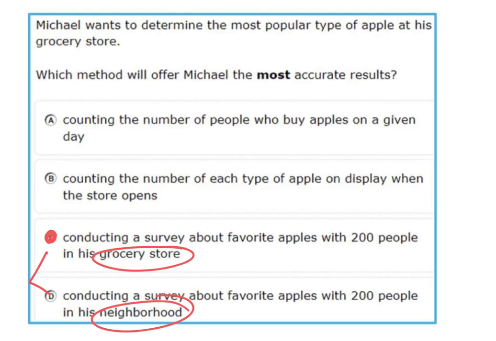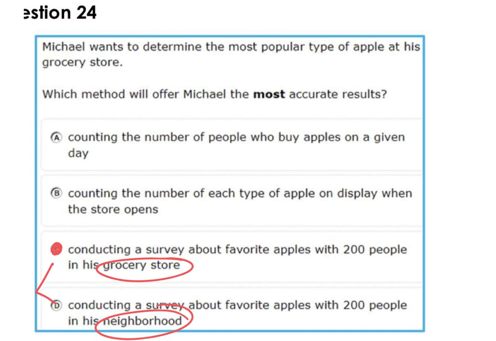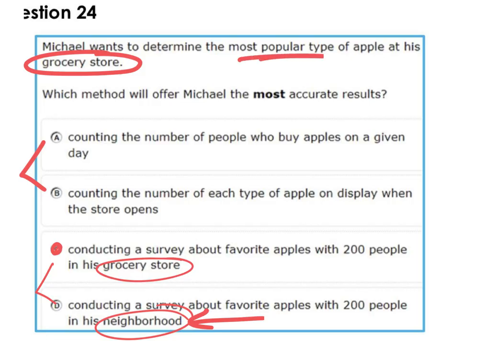Audrey, I heard you say it should be C because he wants to know the favorite at the grocery store. Not everyone in his neighborhood is going to go to that grocery store. So that's a good way to eliminate D. And then these two, I can count how many apples or how many people buy apples, but that's not going to give me any information about the most popular types if I just count specifically. Okay, David? Yeah, they could just